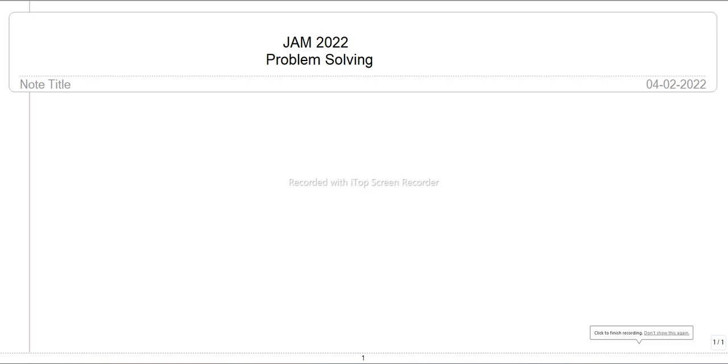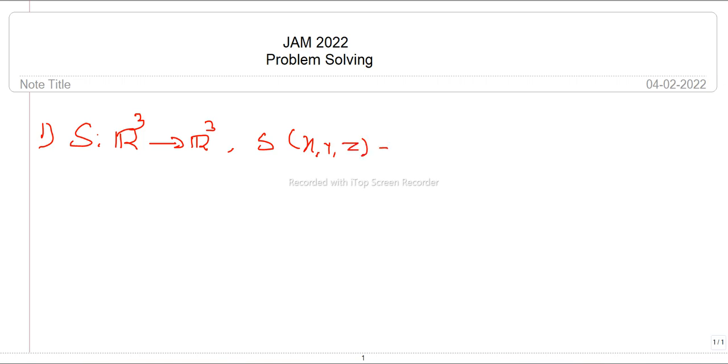Today we start with the linear algebra problem. So the first problem is: suppose S and T are two linear operators from R3 to R3. S is a linear transformation from R3 to R3 defined by S of (x, y, z) equal to (x, x plus y, x minus y minus z), and T is another linear transformation from R3 to R3